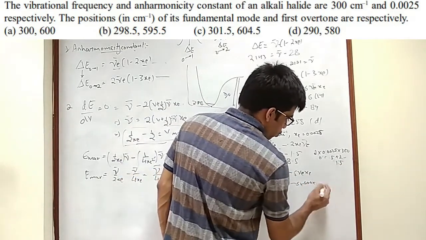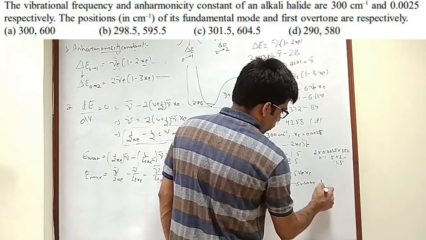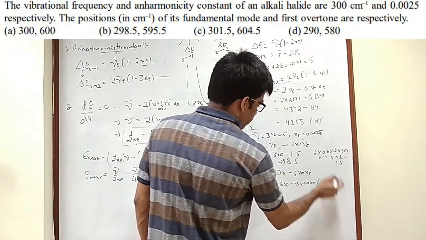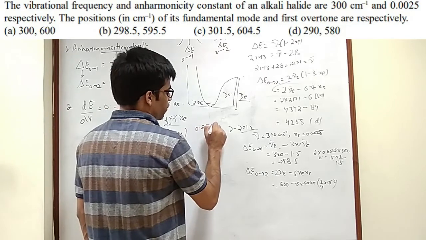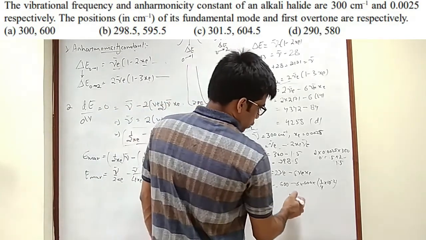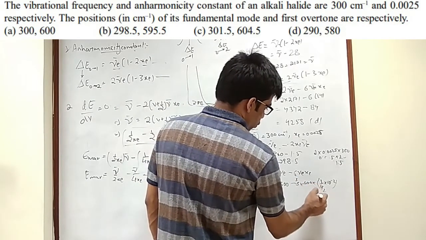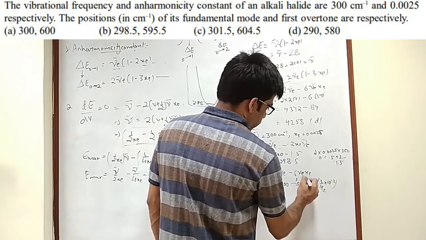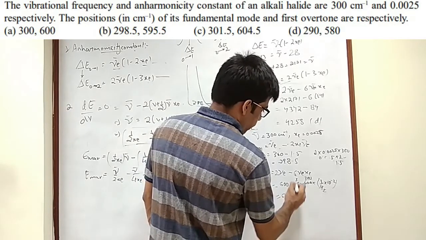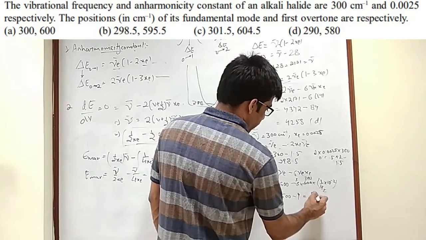Let's say I'm converting this to 1 by 4 into 10 power minus 2. If you solve this, 1 by 4 is 0.25 into 10 power minus 2, which is 0.0025 for simplicity. So this would mean 3, 2, 300, that means 900, and 10 power minus 2 would give me 9, so that would be 591,